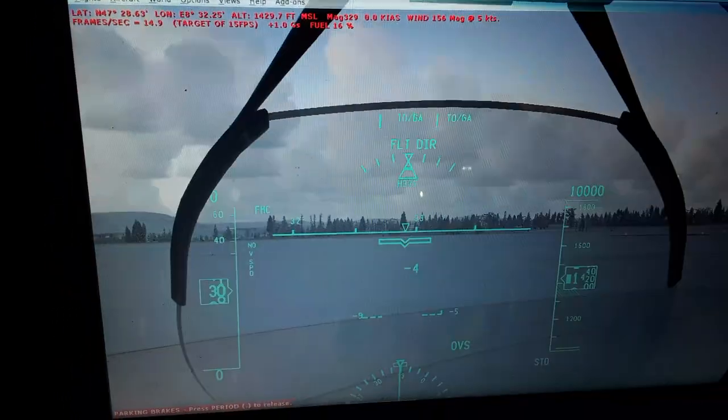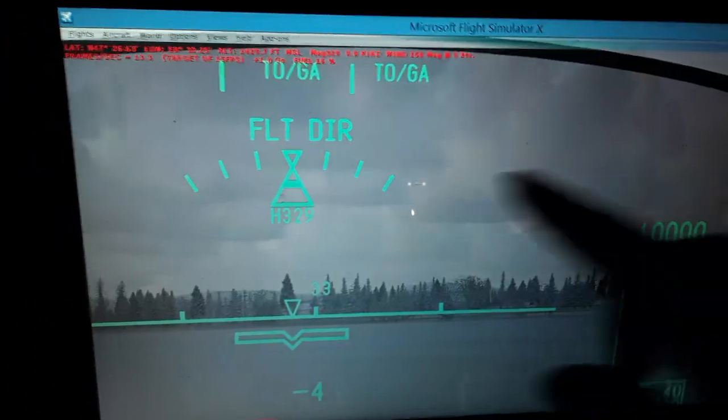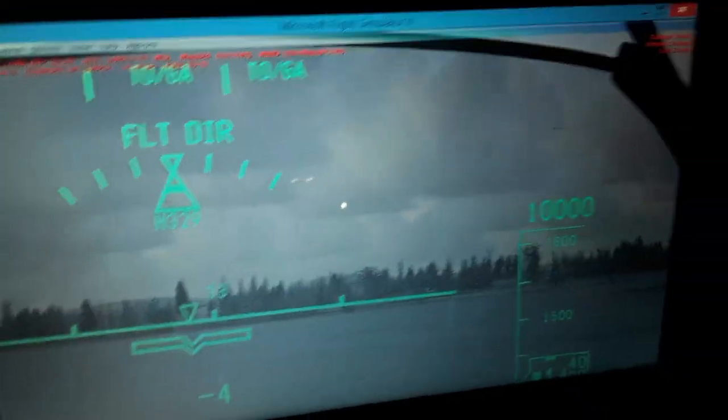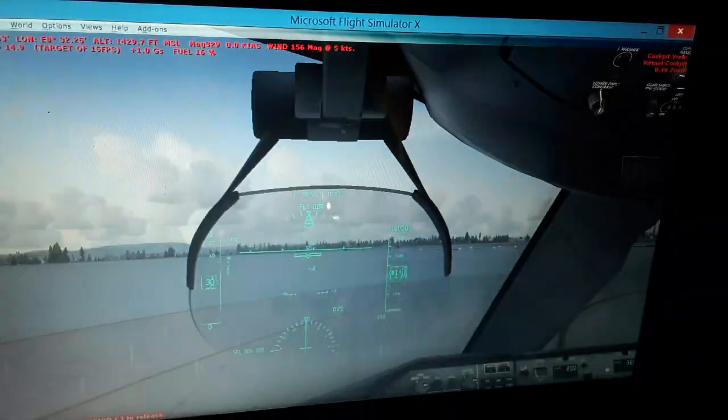Also through the head-up display, you can see over here is coming for landing, so we're gonna see that in a couple of minutes. I will progress with the rest of the system. You will see also the flight controls of the aircraft, how I'm gonna use the flight controls to control the